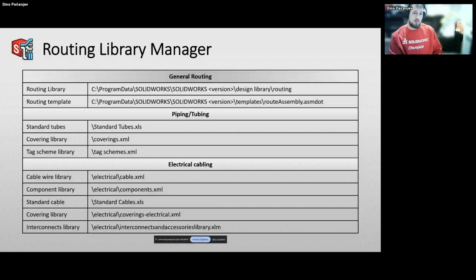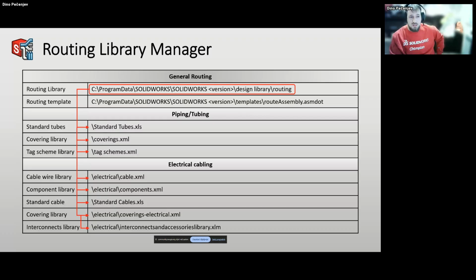And when we go to the file locations, we can see the following. We can see where our routing library is. And after that, we can see that that location is extended to piping and tubing and electrical cable to specific files which take care of the standard tubes, covering library, tag scheme, and for electrical also about cables, components, and such.